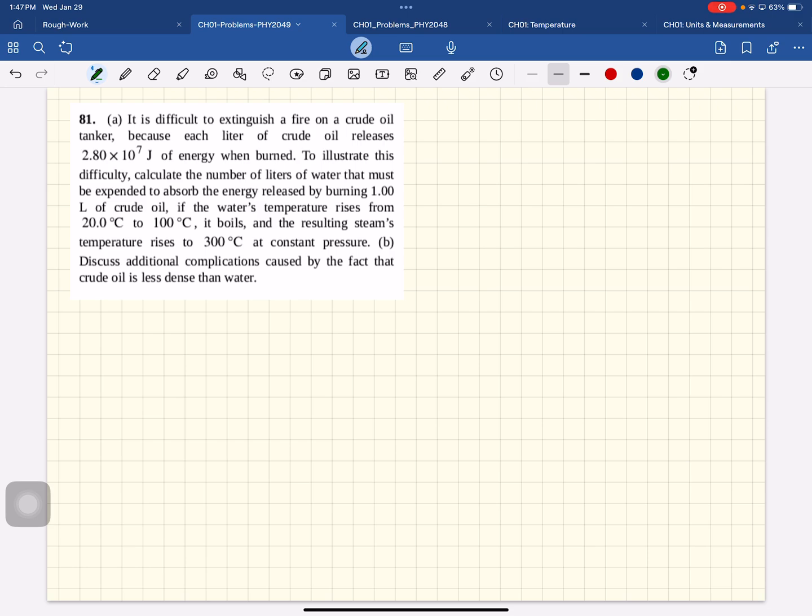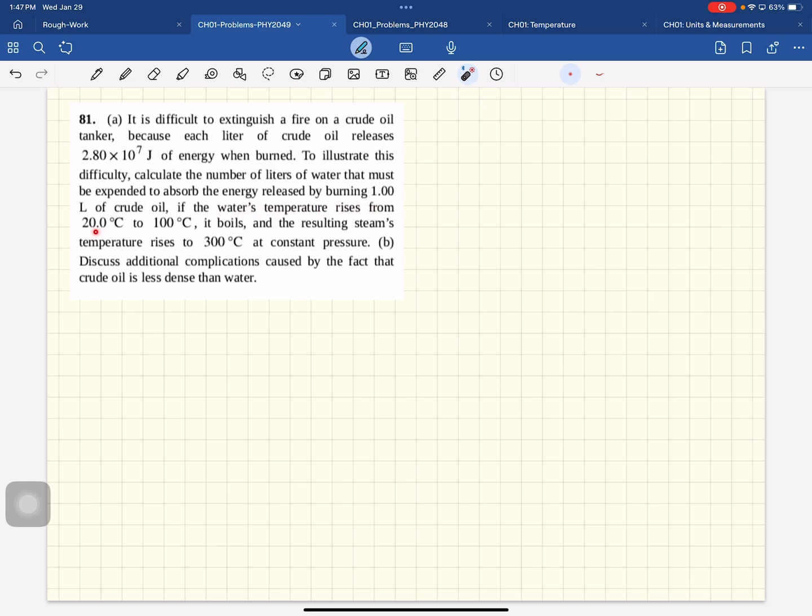So it's difficult to extinguish a fire on a crude oil tanker because each liter of crude oil, when burned, releases 28 million joules of energy. To illustrate the difficulty, calculate the number of liters of water that must be expended to absorb the energy released by burning 1 liter of crude oil. So if the water's temperature